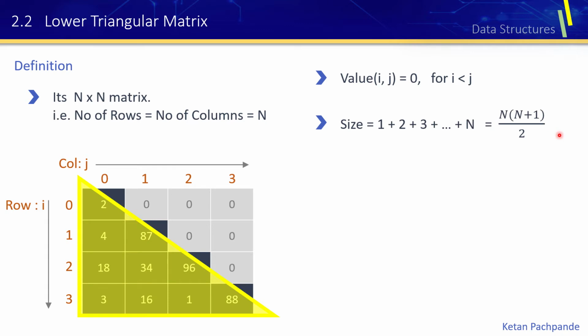So here's the formula for calculating the size of the matrix. So in the first row, 1 element, in the second row, 2 elements, and so on. In the nth row, n elements will be stored. So eventually the formula is n into n plus 1 by 2. If I put the value n is equal to 4 in this formula, what I get is 4 into 5, that is 20, divided by 2. The value is 10. So just now we have calculated 1 plus 2 plus 3 plus 4 results in 10.